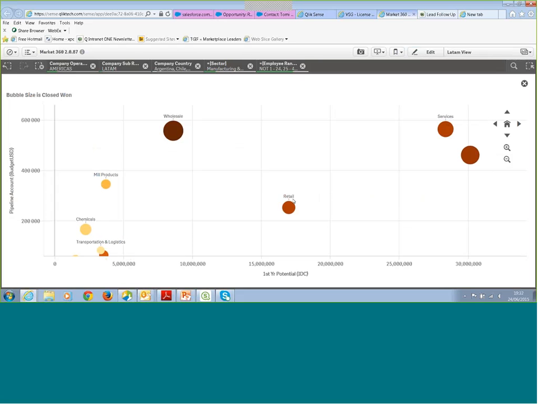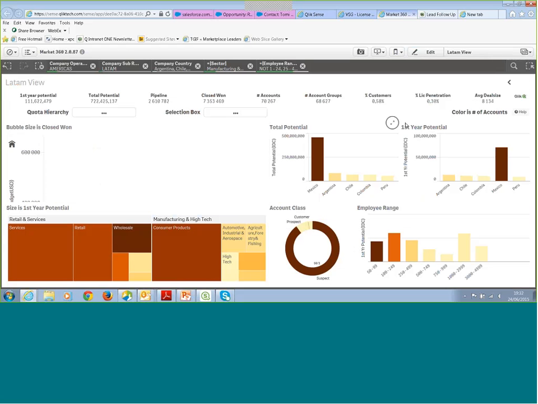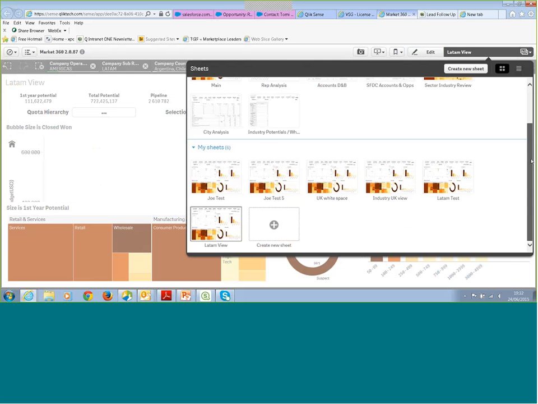And what I can clearly see here is that we've got work to do in retail in those particular countries in that segment to be able to increase that. And we have live examples of that. We use this all the time now to make much more data-driven decisions about where we need to be deploying our sales and our marketing resources. It actually allows you to drill all the way down to an account perspective and see where there may be